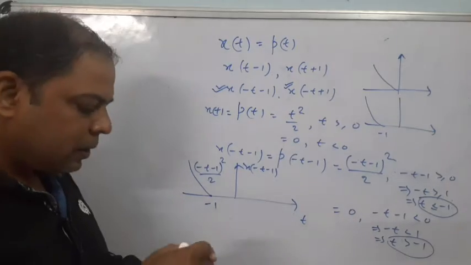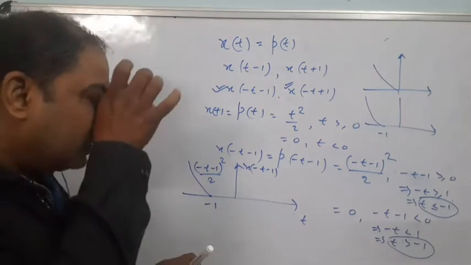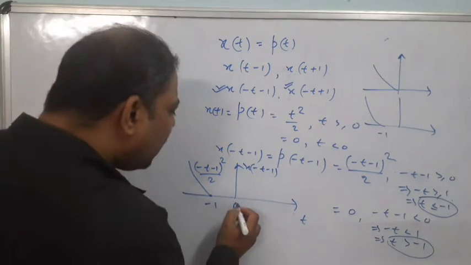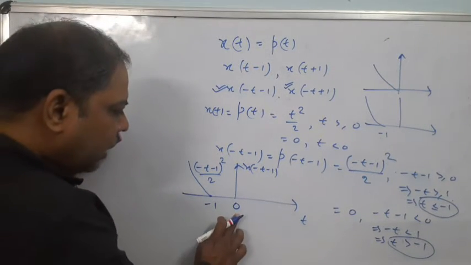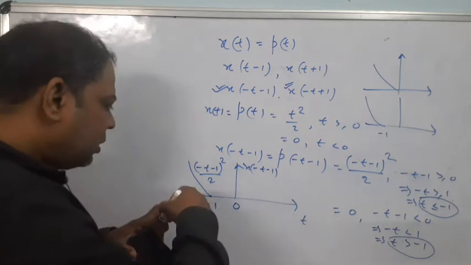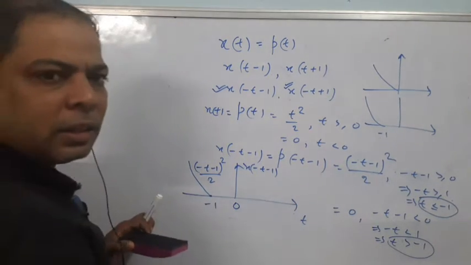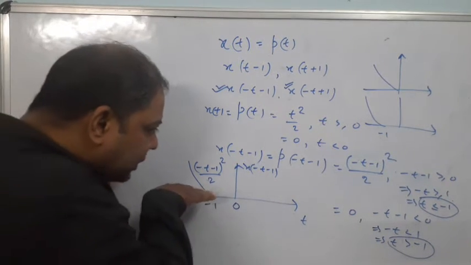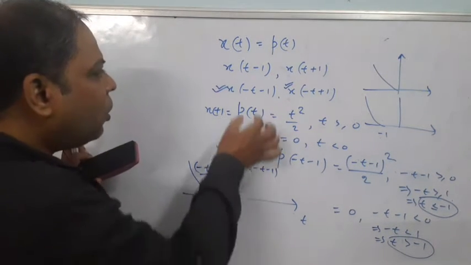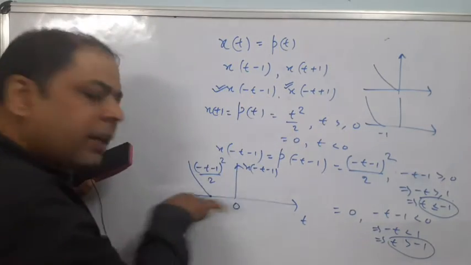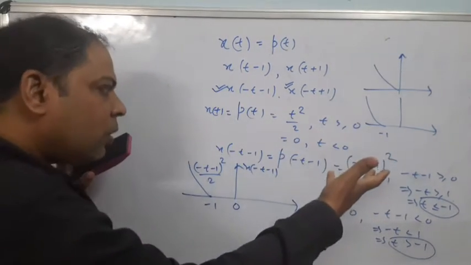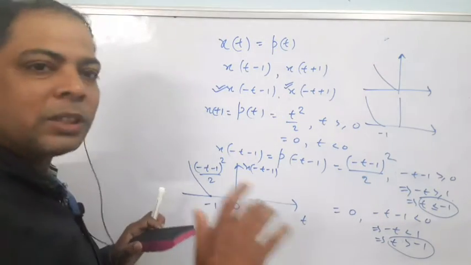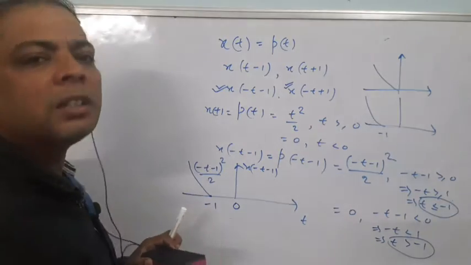Understood or not? Clear? Okay. So that means also you can decide the range. If you mark another way, to plot, suppose you have to represent the same axis: first plot on the -t-1 axis, then convert it to the t axis. This can also be done, using any concept you can plot.